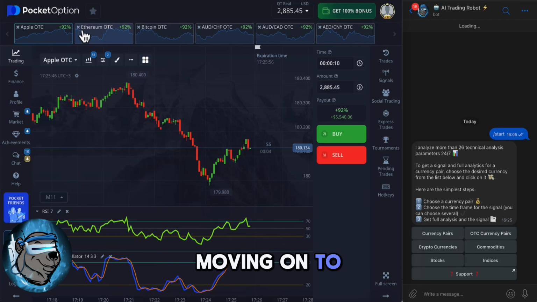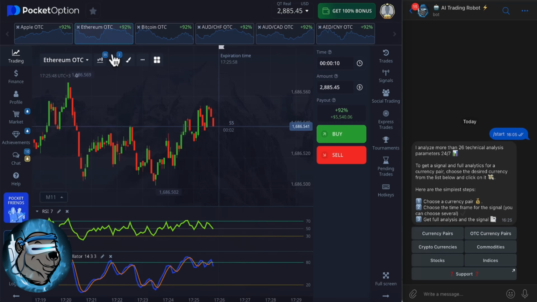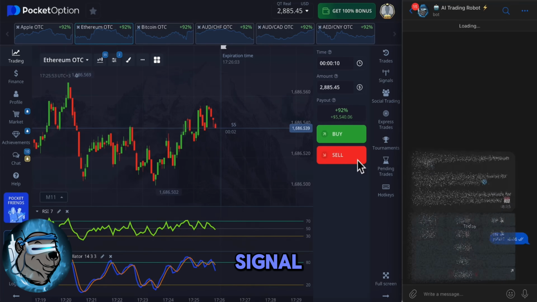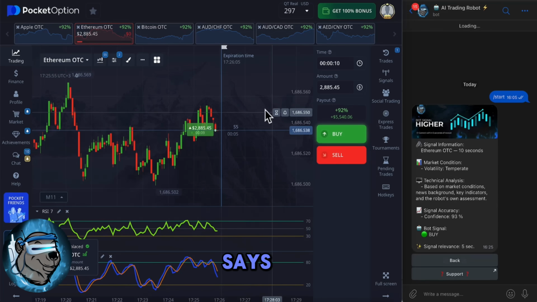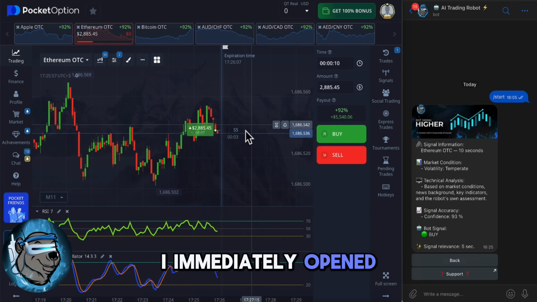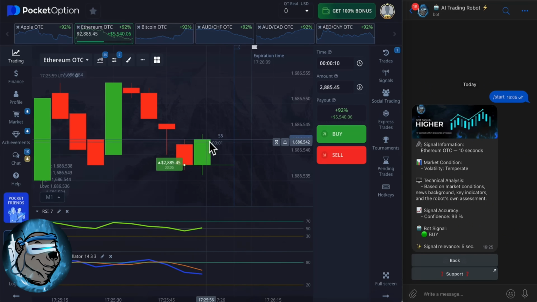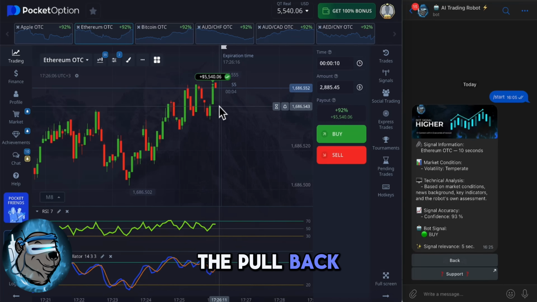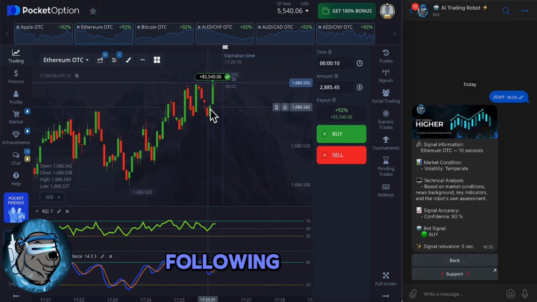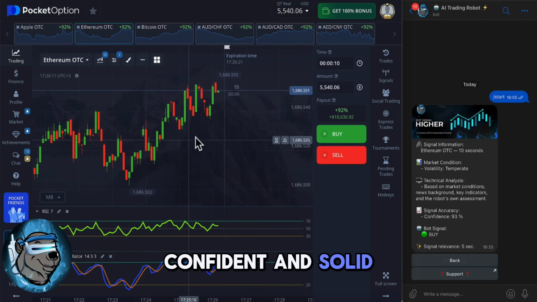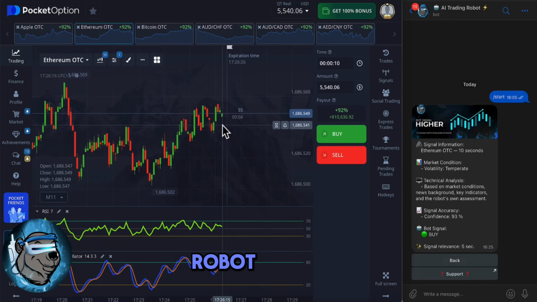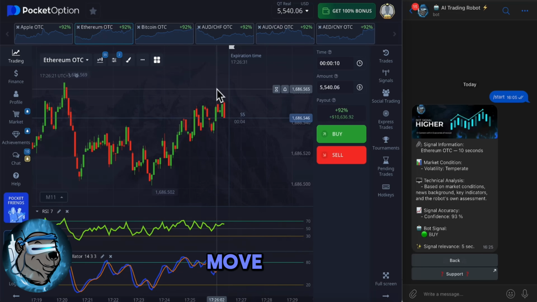And now I'm moving on to the next asset. This will be the crypto asset Ethereum. I find it, a 10-second signal. The trading robot says, buy. I immediately opened a buy trade after the signal. Super! The price is going up. We entered the trade perfectly after the pullback. So, after we entered the trade following the pullback, we got our confident and solid profit here. I'm very satisfied with the performance of the trading robot. I really like how well we're doing and how carefully we're trading, so I can move on to the next